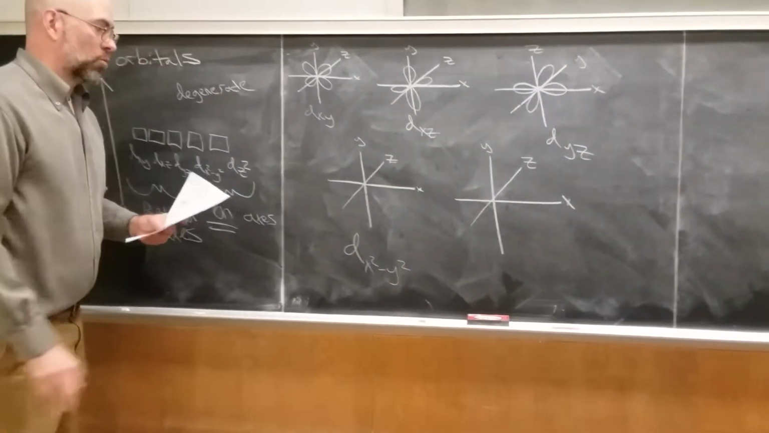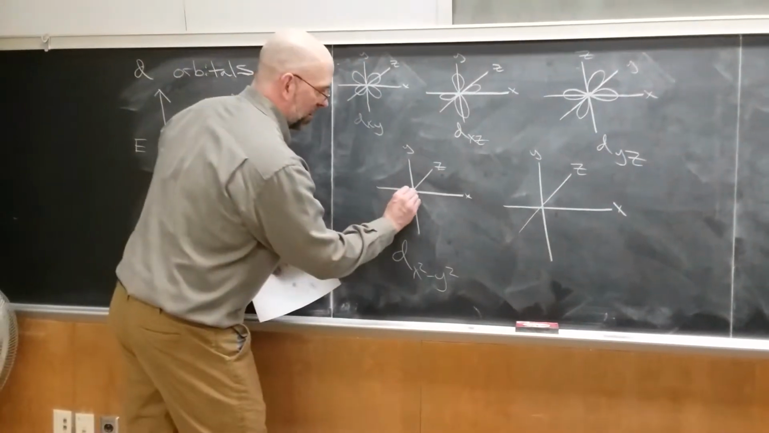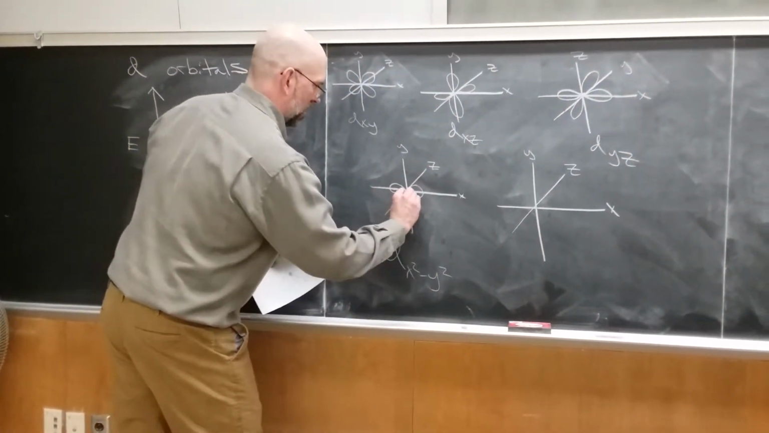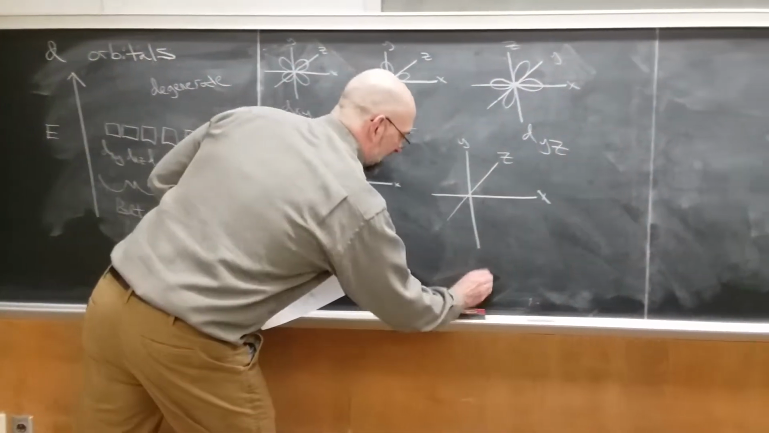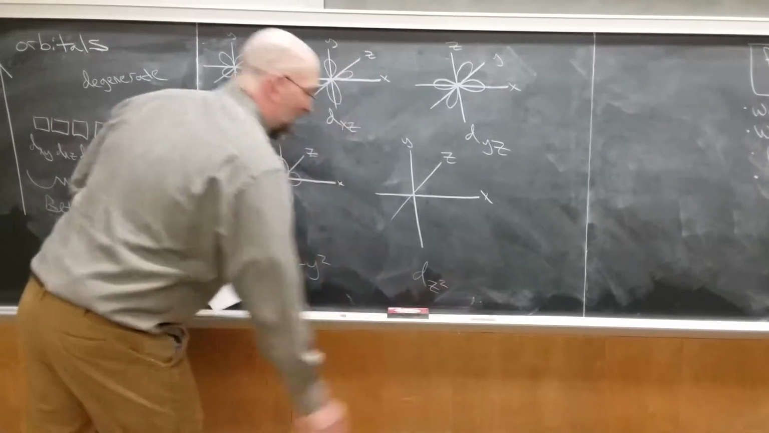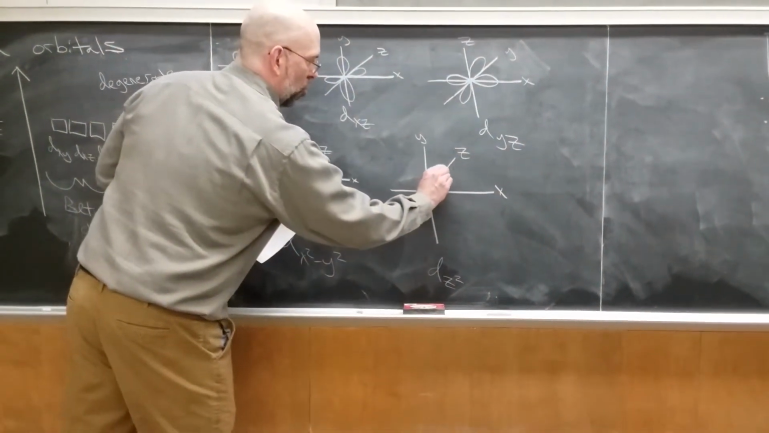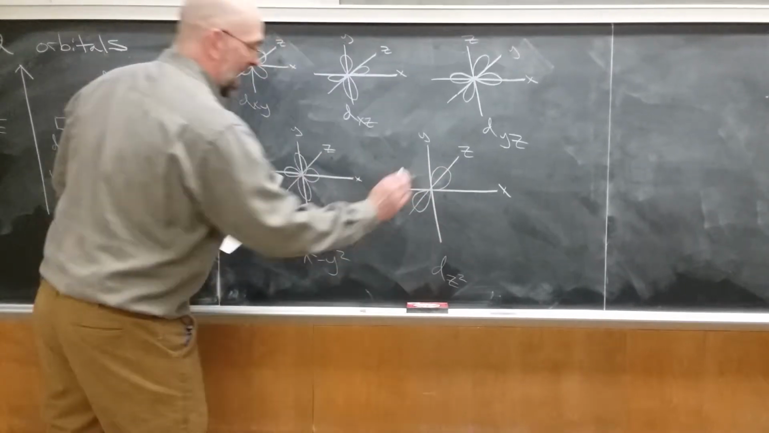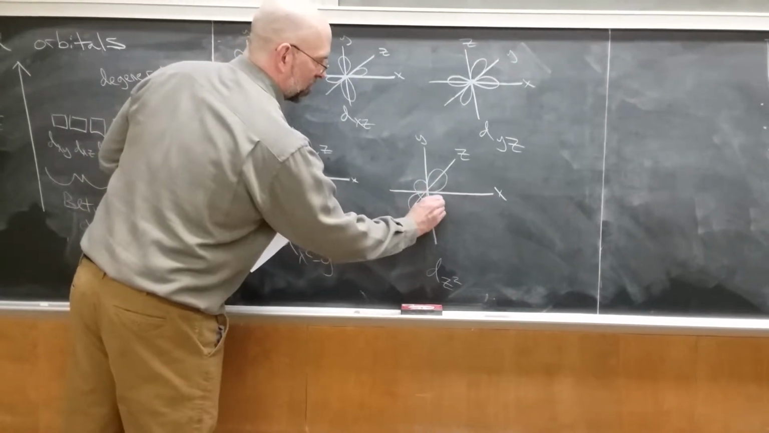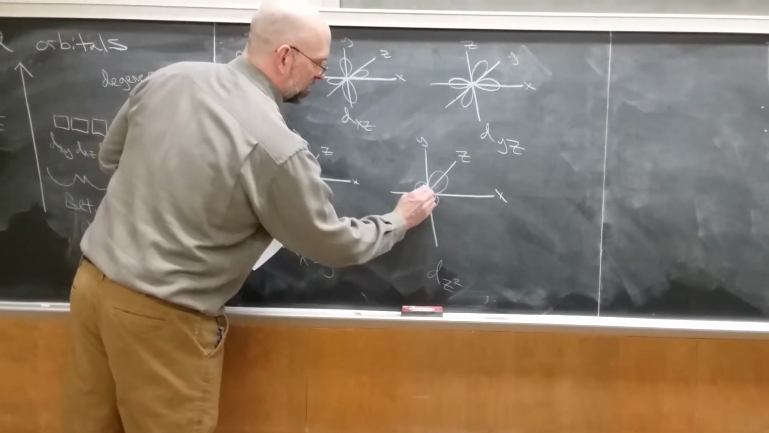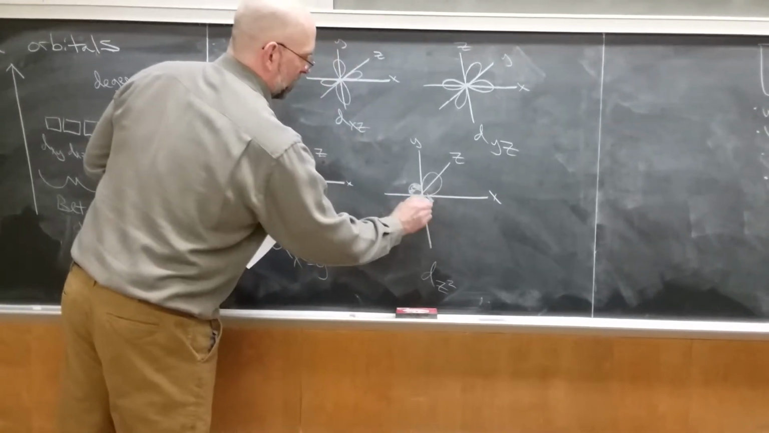the dx squared y squared is on the x and y axis, so that's easy. It's on the x and it's on the y. And you might recall that the dz squared has a rather odd shape. So it has one lobe that's on the z axis, and then it has this other region of electron density kind of going around in a donut shape, which we kind of shade in. Okay, it's not important that you